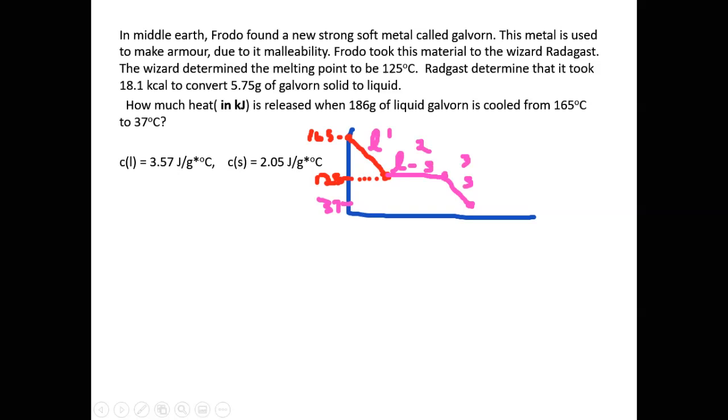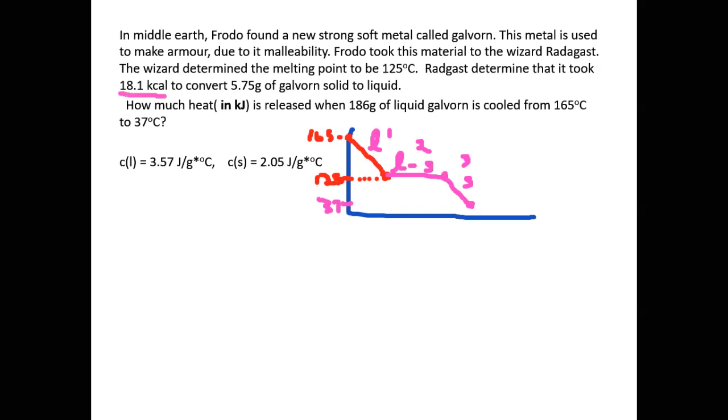Now, Q1 and Q3 are on slants, so we're going to be using Q equals mC delta T. For Q2, we're at a phase change and we're at the freezing point, so we'll need the delta H of freezing. But as you notice here, it doesn't give us the delta H of freezing, but what it gives us is